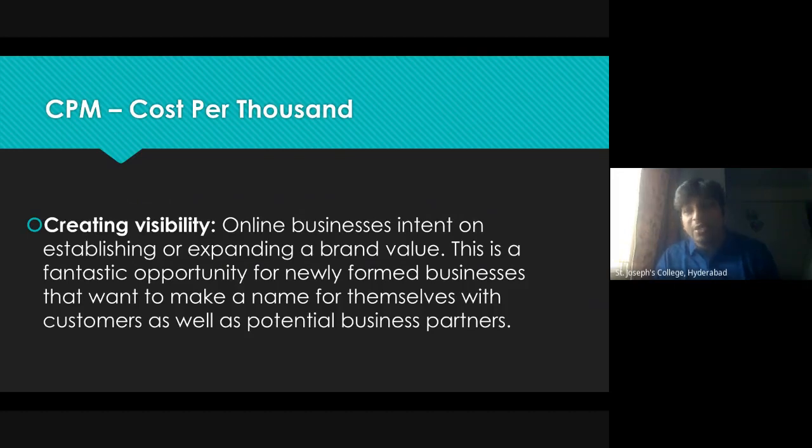You want to create or expand your brand value, or maybe a new or established company wants to advertise a newly formed product. Already existing companies are diversifying into several other products or fields, so they want the customer to know that our company is also into these particular products now. So you want to create a lot of brand visibility around your product. The best thing one can do is go for CPM. Here again, I'm repeating, it's really beneficial for startups, where they can try to create awareness and build brand awareness among their